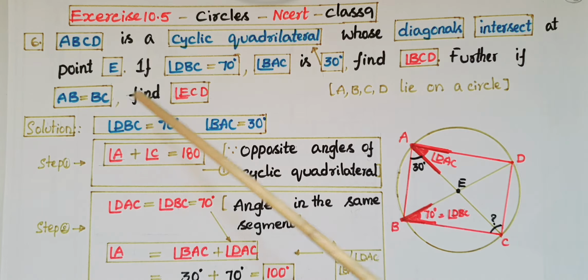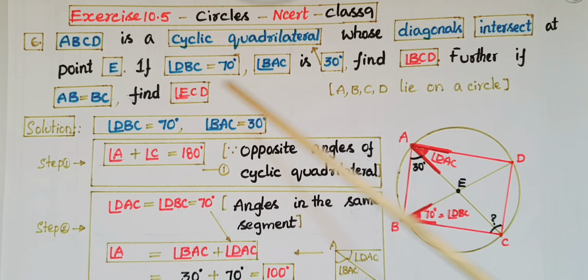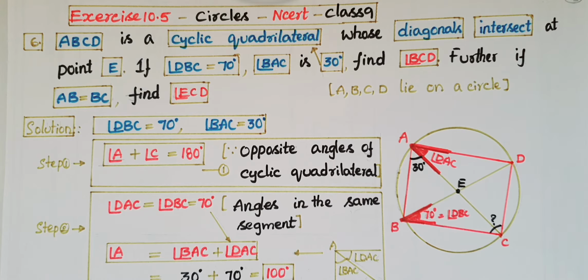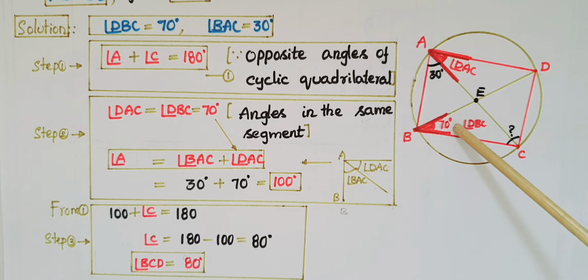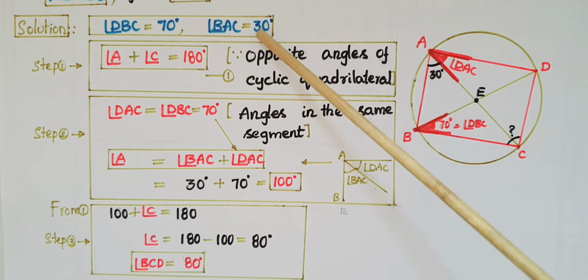Further, if AB is equal to BC, if these two sides of this quadrilateral are equal, then we have to find angle ECD. So this angle we have to find. First we have to find this angle, then you have to find this angle if AB is equal to BC. Now here the given values are angle DBC is equal to 70 degrees, this angle, and angle BAC, this angle,